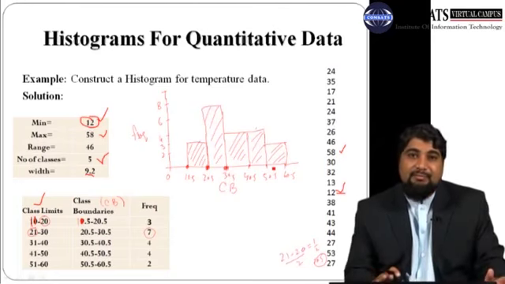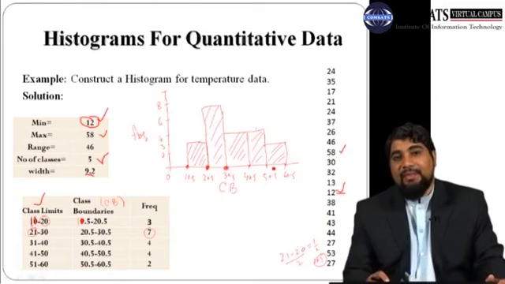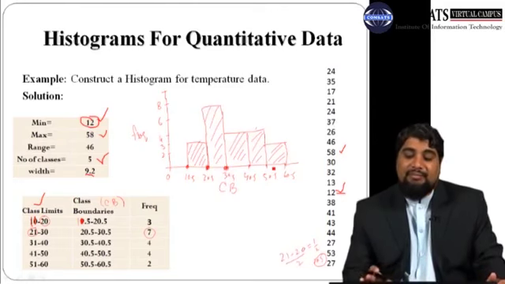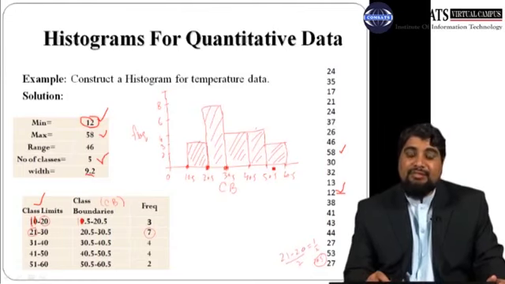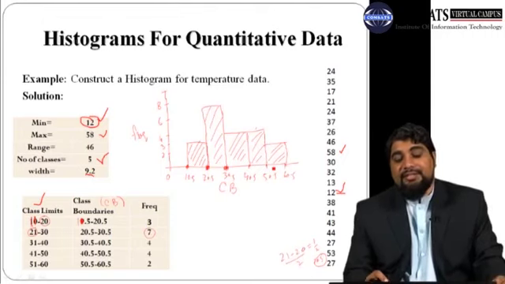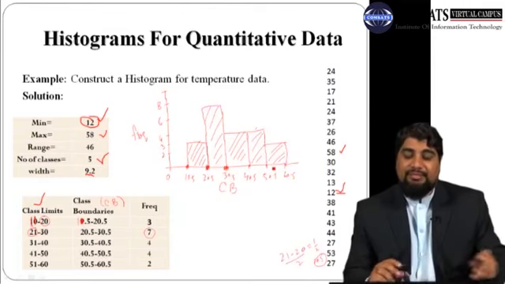Whereas in a simple bar chart, there is a suitable gap between each bar, here in the case of a histogram, the bars are connected. So this is how we can construct a histogram using calculations by hand. Later we will explain how we can construct a histogram in Microsoft Excel as well.